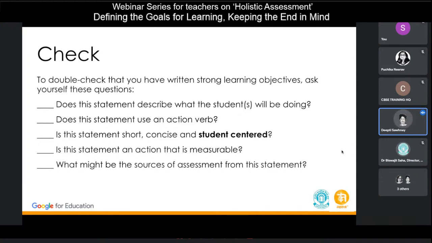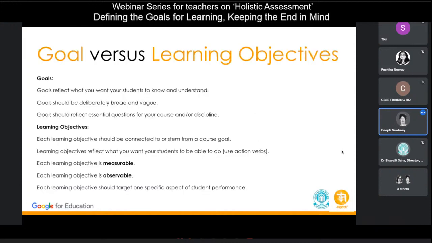कि अगर मेरे ये 5-3 जो भी मेरे लर्निंग ऑब्जेक्टिव्स हैं, इनको मैं कैसे असेस करूंगी या करूंगा। ये हम कैसे पता करेंगे कि हमारे बच्चों को ये बात समझ आ गई है। सो अगर हम देखें कि गोल्स जो हम बनाते हैं, जिनकी हमने बात करी, और लर्निंग ऑब्जेक्टिव्स जो हम बनाते हैं, उसमें क्या डिफरेंस है। सो इफ वी गो नेक्स्ट। सो गोल्स जो होते हैं, they reflect what you want your students to